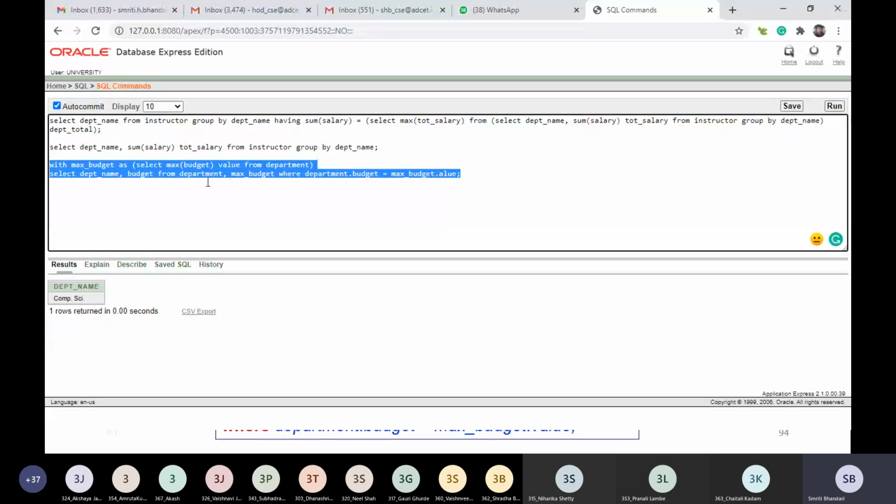So in this with clause, we are creating a temporary relation, and this relation is local for this particular query that we are writing. Okay.